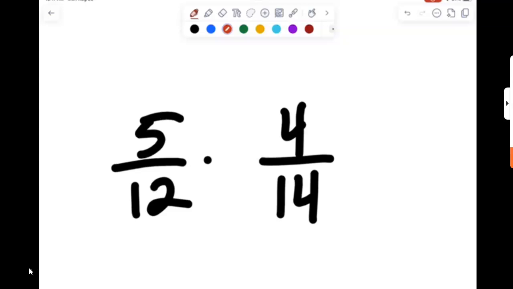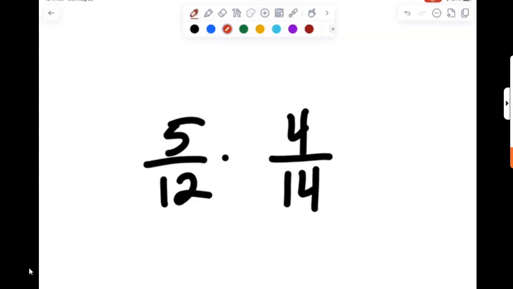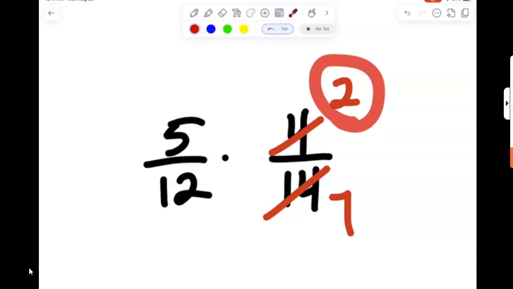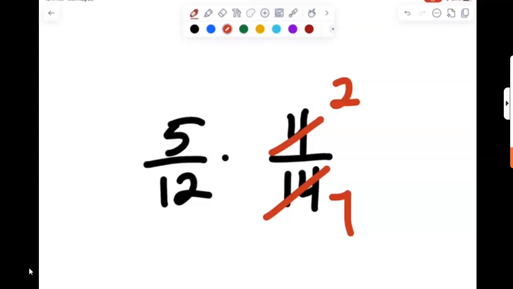Okay? So here with the 4, I can take a 2 out of the 4. 4 divided by 2 will be 2. 14 divided by 2 would be 7. And now as I look at what's left, I see I still have a 2 on top and I have an even number on the bottom. So I can divide a 2 out of the 2 to become a 1, a 2 out of the 12